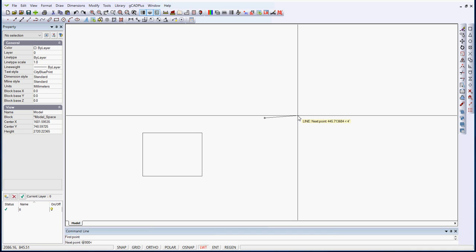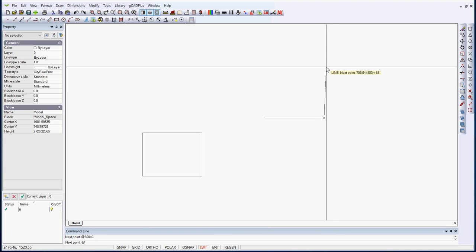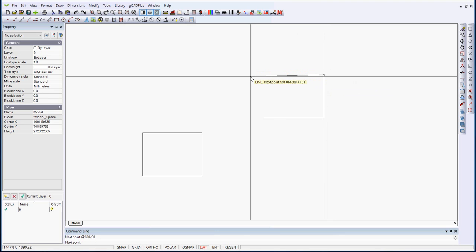So it's @ 800, angle 0. That works like a protractor, so 0 is to the right, 90 degrees straight up, 180 straight to the left, 270 down. So now we're going to go at 600, angle 90 to move up, and then we'll move at